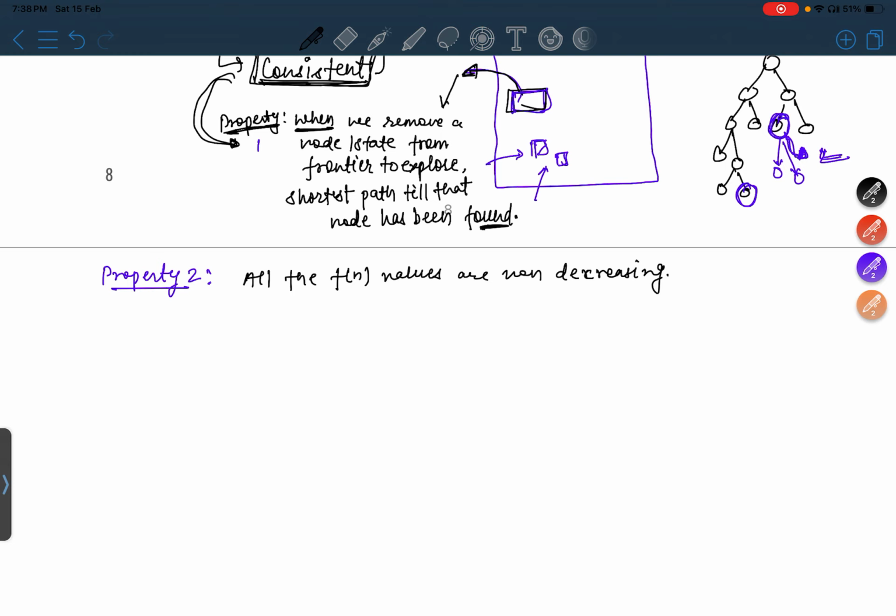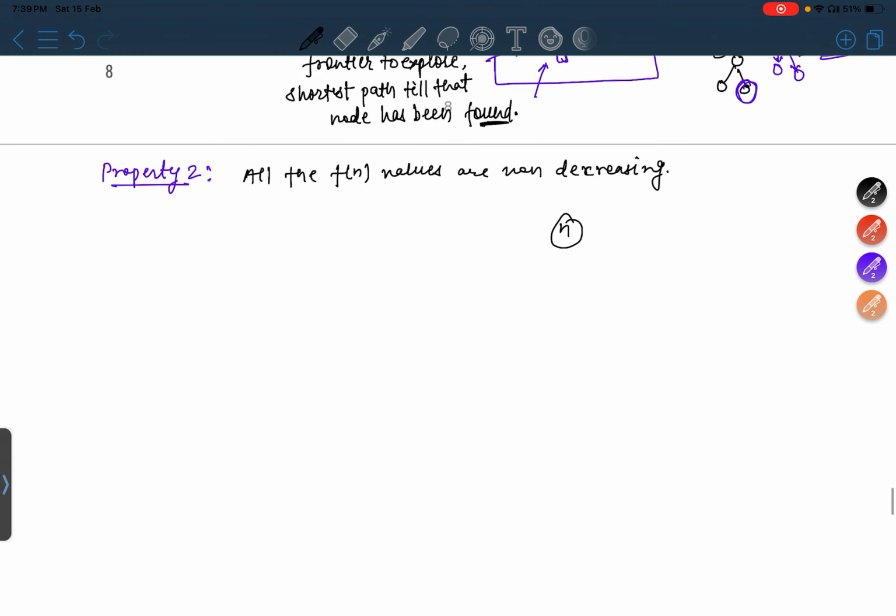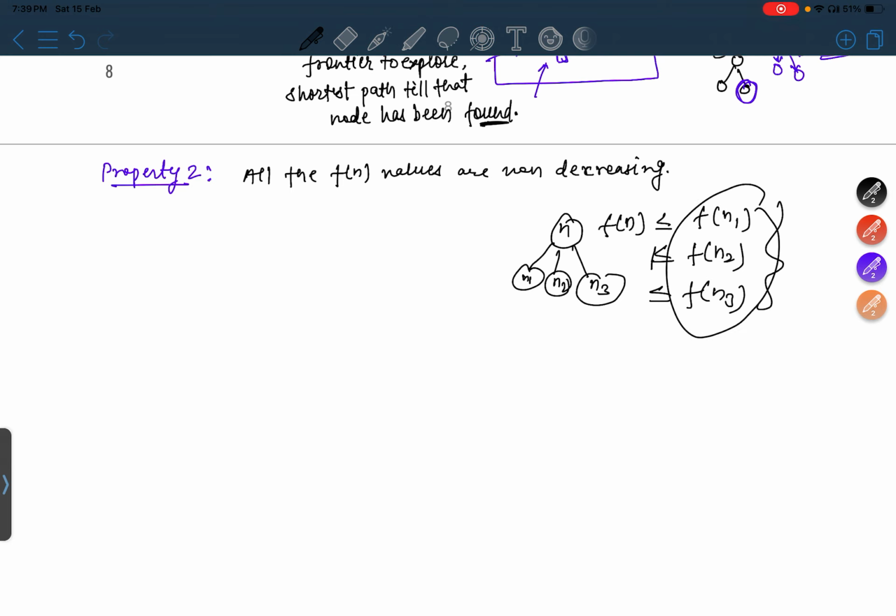So that means कि किसी भी नोड n के लिए उसके जो भी सक्सेसर्स हैं n1, n2 और n3, तो f of n will always be less than or equal to f of n1, less than or equal to f of n2 and less than or equal to f of n3। इन तीनों के बीच में क्या होगा, वी डोंट केयर, कोई एक बड़ा हो सकता है, बट ये सारे मिलके f of n से बड़े ही होंगे हमेशा। दैट मीन्स कि f of n की वैल्यू ऑलवेज इंक्रीज।